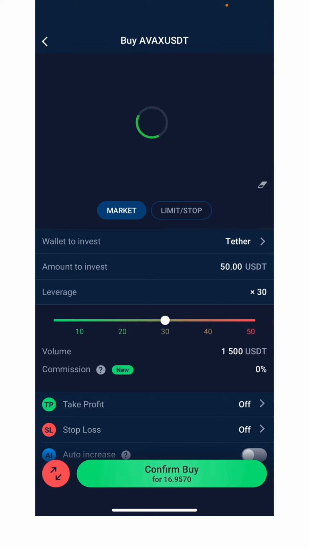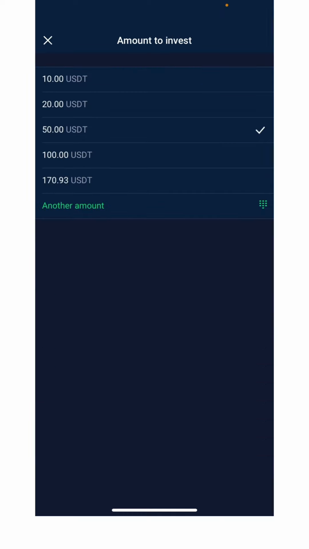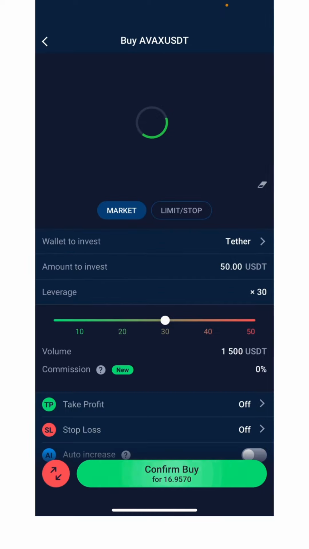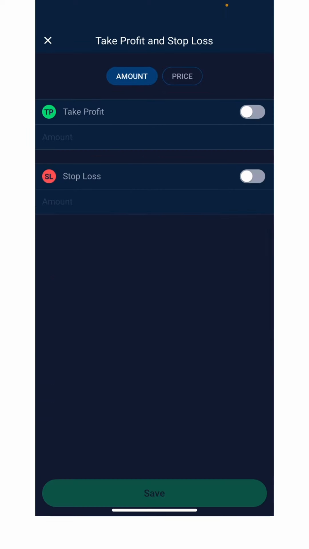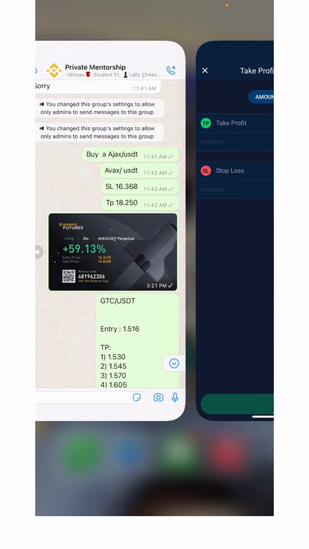So just drag it to 30 if your account is less than $100. If you have $100, drag it to 30, then you change this to $50 or $20, any that you want to invest. Then we have take profit, so click on it. So remember yesterday, what did I say? The take profit was